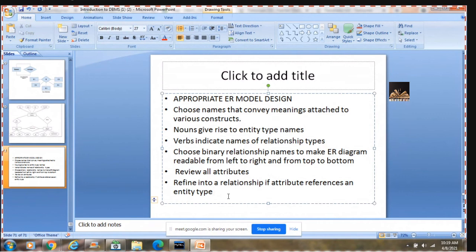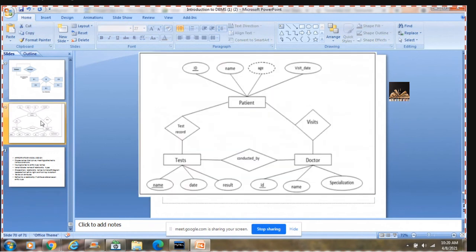Okay. We have spoken about different types of attributes with respect to an entity.